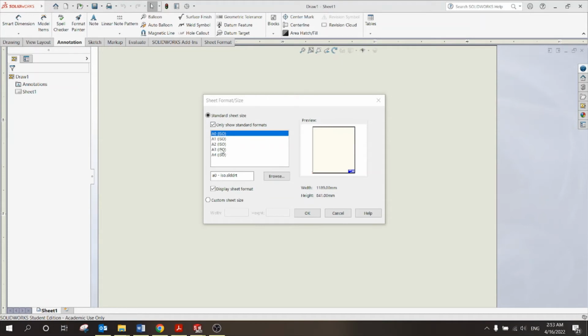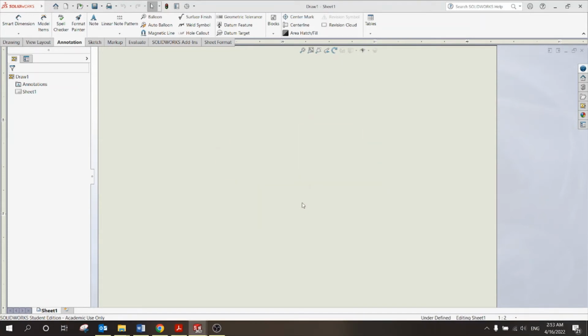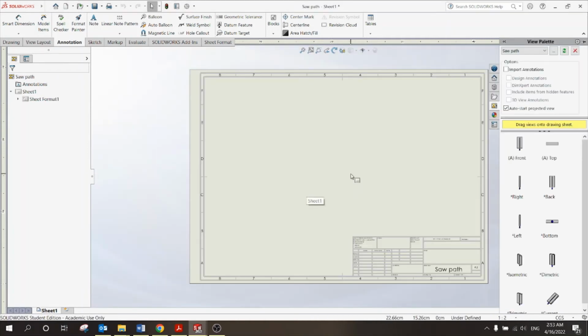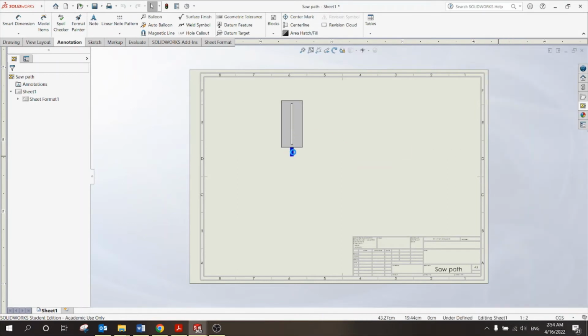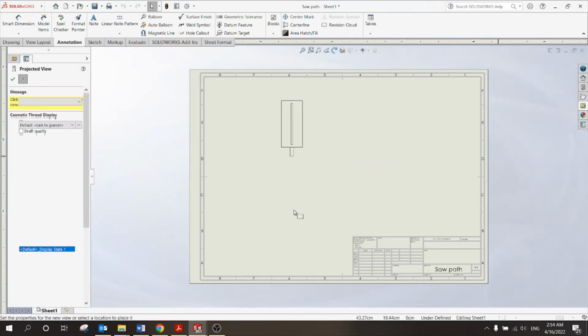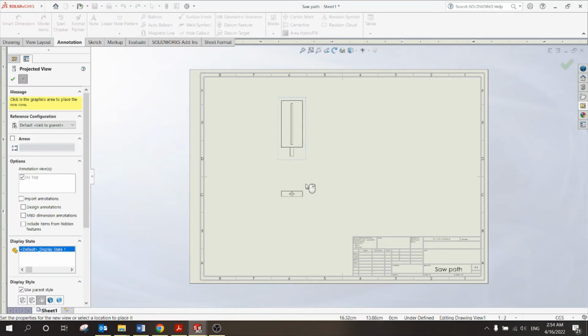So I think A3 will be suitable for this dimension, and OK. Now in this page I can see the whole possible views for this part. So I can say show me the front plane. If I drag this, I'll get the front plane, the bottom plane, the top,